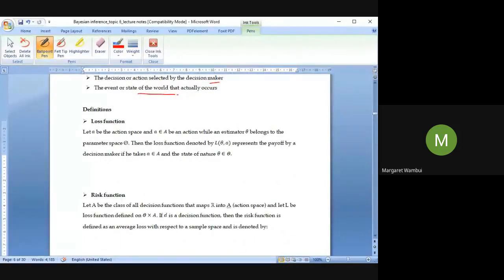So we make two definitions here. One, the loss function. Remember, we came up with the loss function when we were dealing with